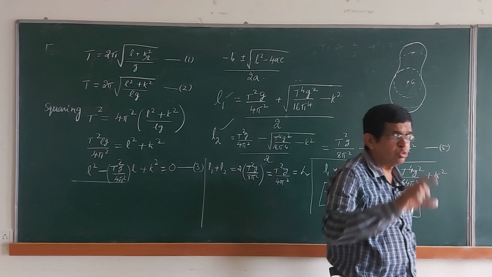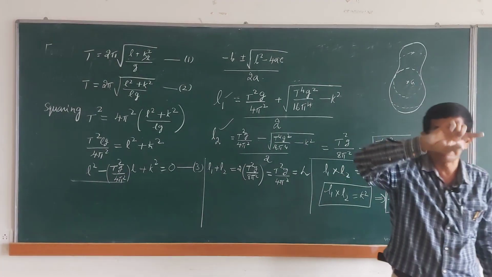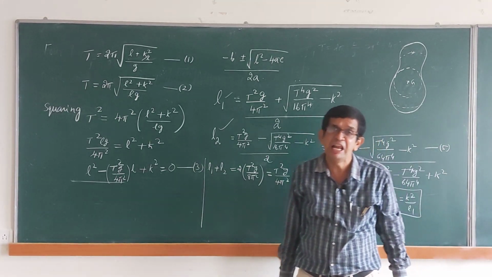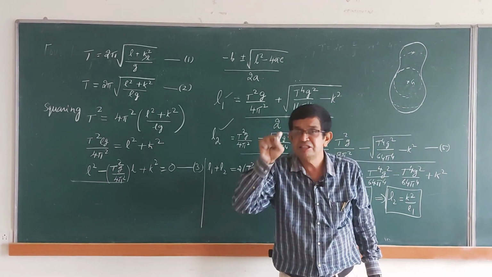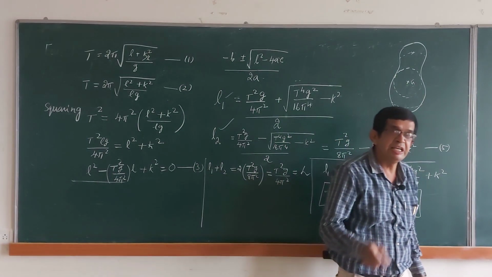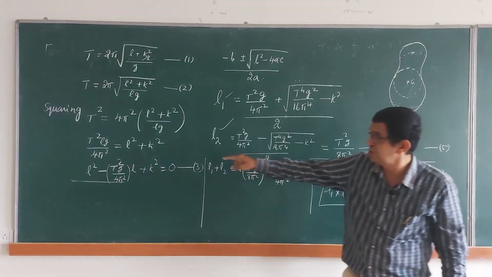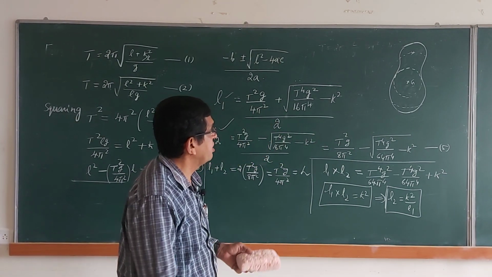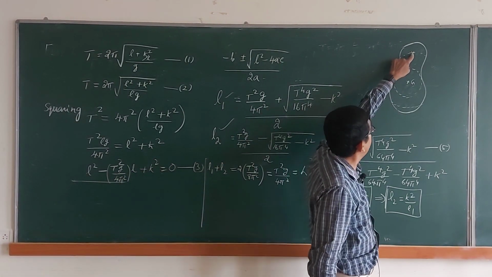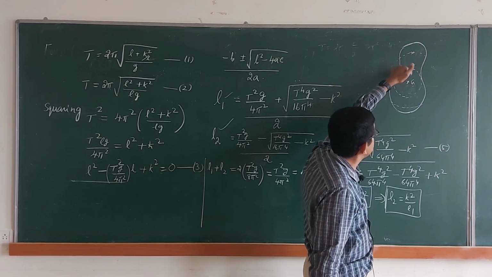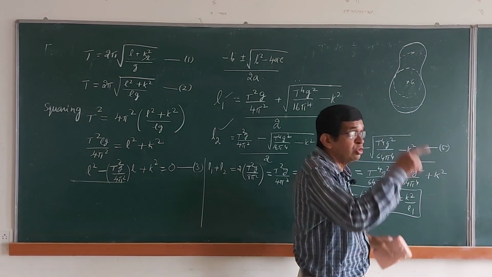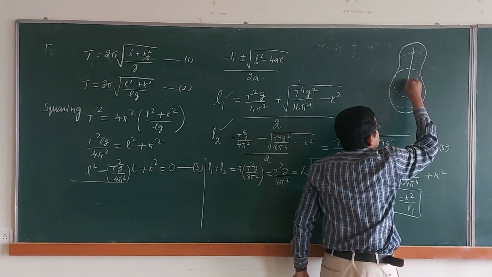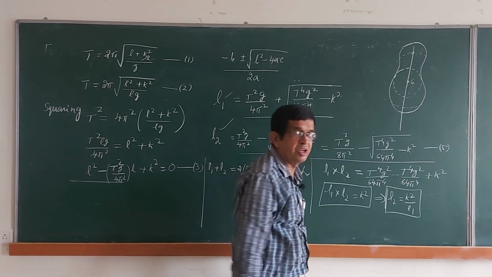Therefore, we draw the two circles taking the center of gravity. One circle has the radius L1, and the second circle is a smaller one whose radius is equal to L2. That is the second root of this equation. And therefore, we have drawn the two circles. One circle has a radius equal to L1 and the other circle has a radius equal to L2. Now, you draw a line passing through the center of gravity.